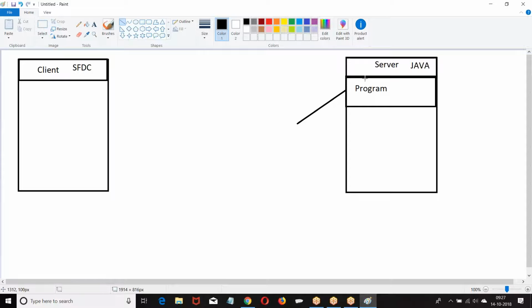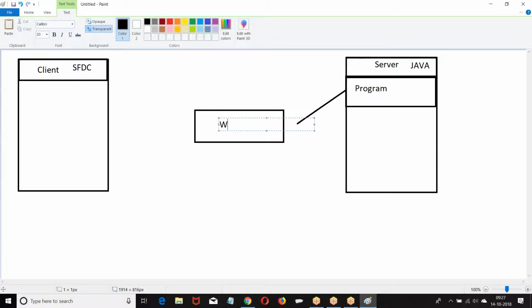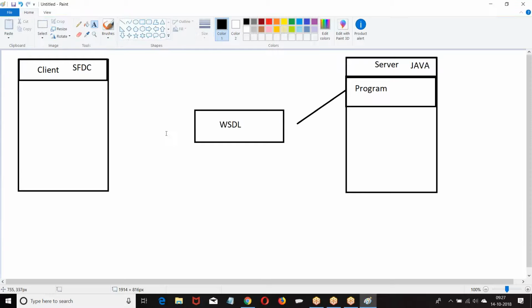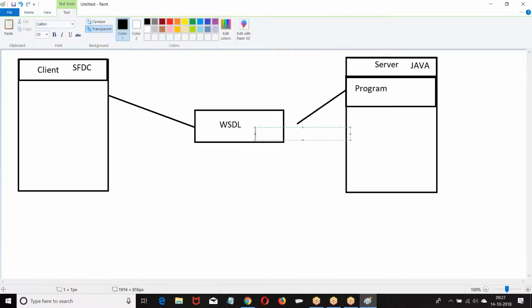Convert the program into a neutral form, which is an XML file actually. The Java program is converted into XML. That XML we call WSDL, Web Service Description Language.